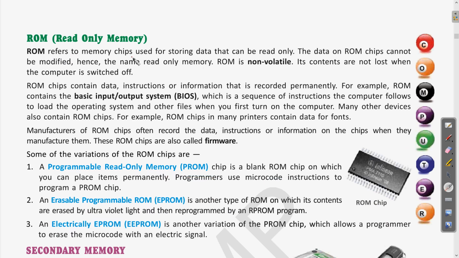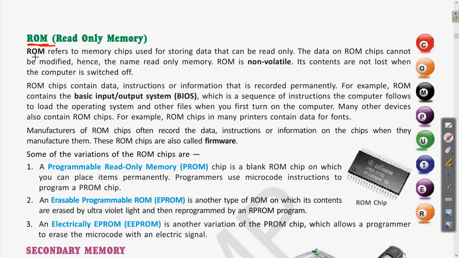ROM is read-only memory and RAM was random access memory. Clear? So the full form is also one difference. If there is a question asking what is the difference between RAM and ROM, then you can write that RAM is random access memory and ROM is read-only memory. And one more feature we have already covered, that is the volatile and non-volatile nature of the different devices: RAM is volatile and ROM is non-volatile.